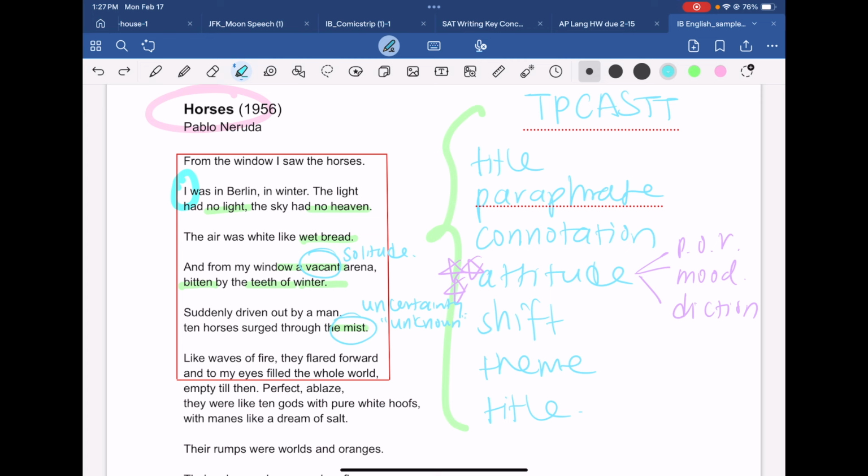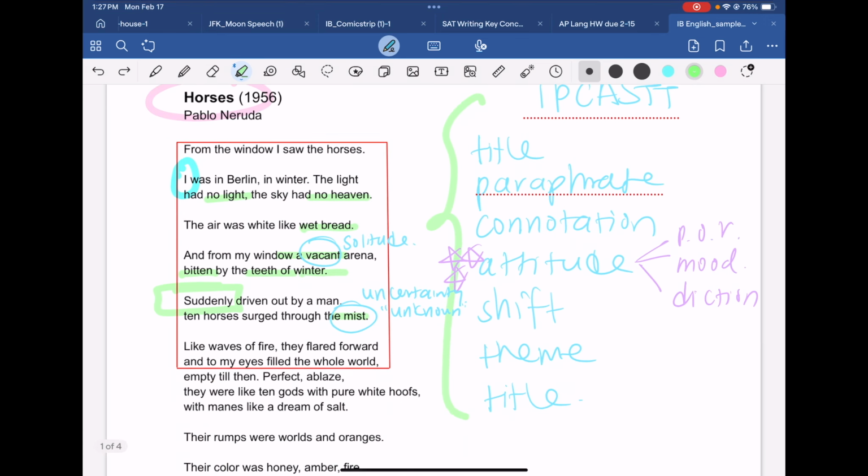Exactly. A word as simple as "suddenly," right? A word as simple as "suddenly" becomes the transitional turning point for the narrator. We can see that horses themselves appear for the first time, since the given title of this piece was Horses, and we are seeing it here. Horses are surging through the mist. This is also helping us understand the way in which these horses are maneuvering in a quite dramatic and vibrant